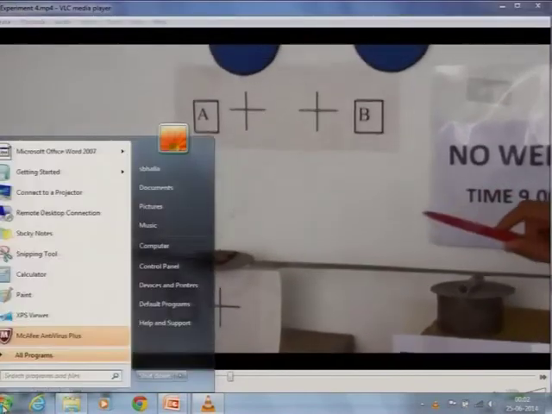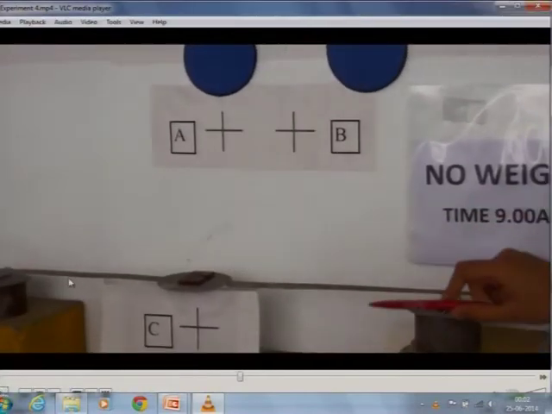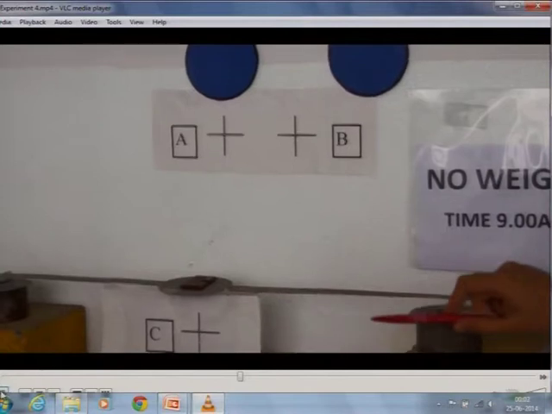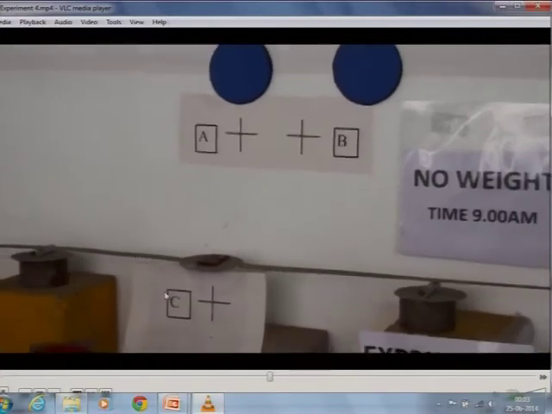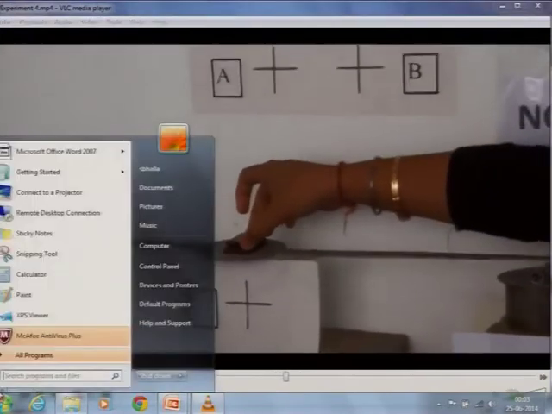In the next step we put the load on this beam. First is the no weight condition, in which there is no weight on this beam, and we capture the picture and measure the length of line AC. And in the second step we put a first load on this simply supported beam and it will get deflected, and we will then again